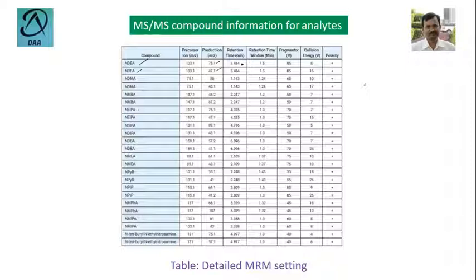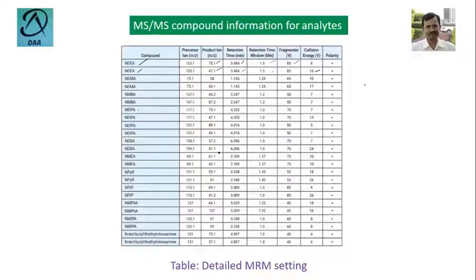And its retention time you can see in the same way, and the retention time window is also 1.5. And for the fragmentor, whatever voltage you are using, you have to mention here, and collision energy also you have to mention here. Because you see that in this case, for the second one, NDEA, to get the 47.1, you need more collision energy. So when the collision energy is different, you will get different types of product ions from the same precursor ions.